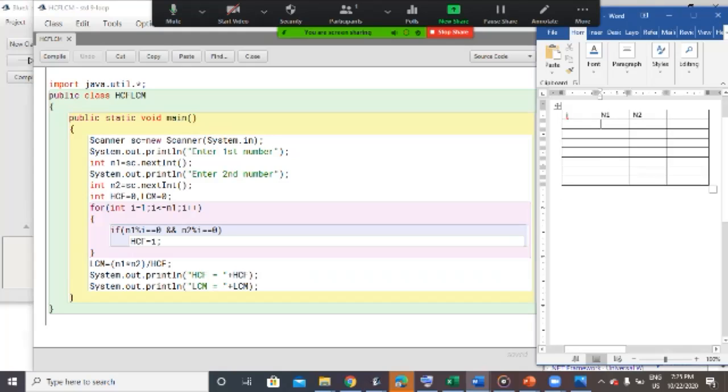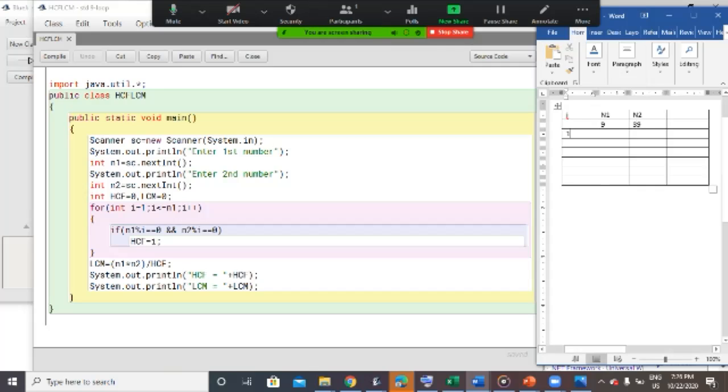Suppose I accept in N1 the value 12, and for N2, let's take a little bit easier numbers to see, like 9 and 39. So first we have 1. I will let I go from 1 till N1, and it will go from 1 till 9.